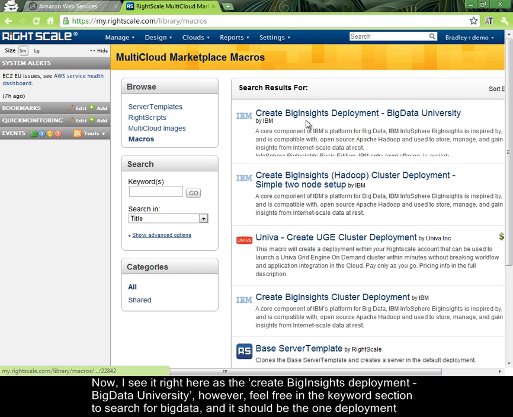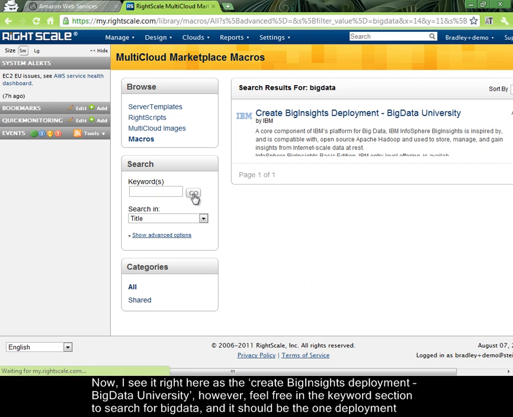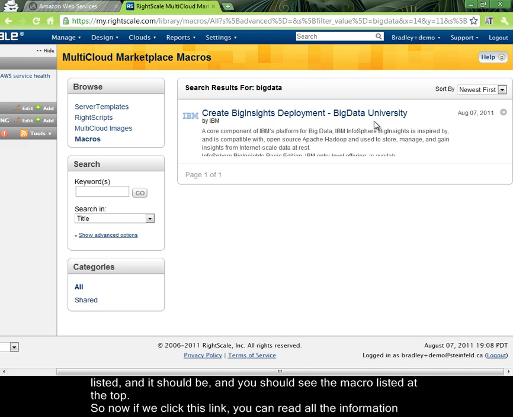Now, I see it right here as the Create Big Insights Deployment, Big Data University. However, feel free in the keyword sections to search for Big Data, and it should be the one deployment listed. You should see the macro listed at the top. So now if we click this link,